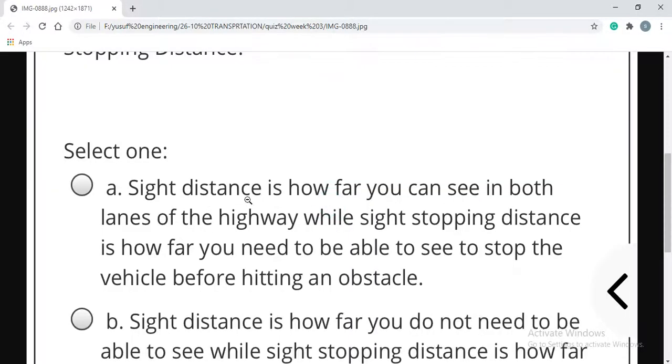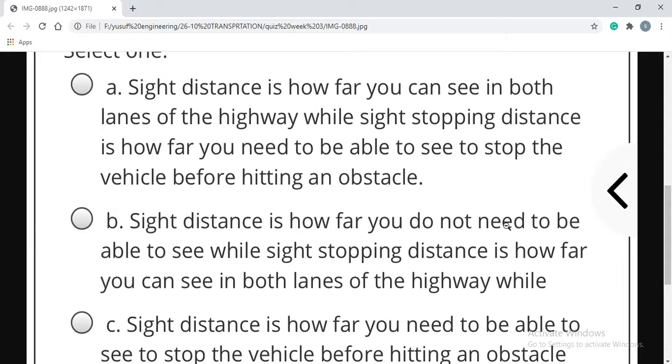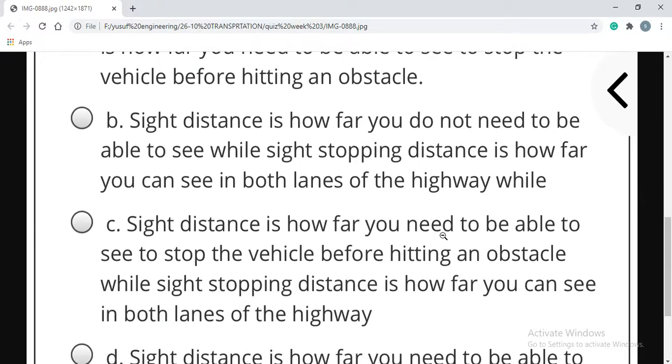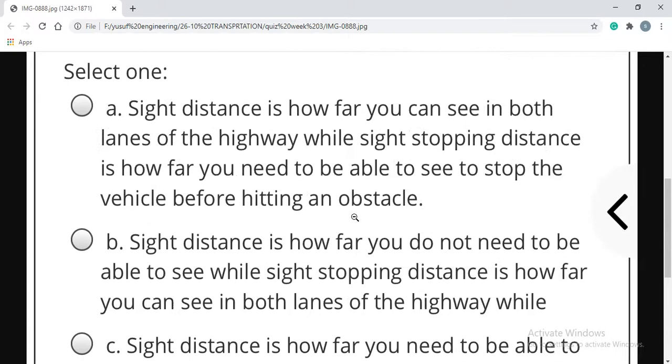Sight distance is how far you can see along the highway, while stopping distance is how far you need to be able to see to stop the vehicle before hitting an obstacle. This first option is correct, so your answer is this one. Then the next question is,